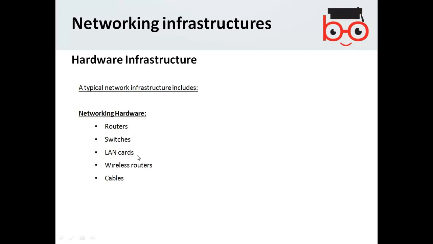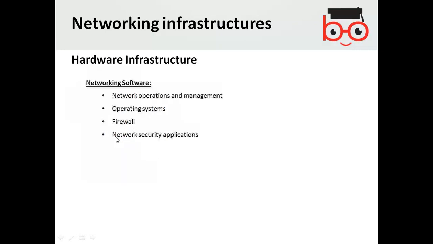LAN cards are the circuits or devices installed in your computers to connect with a LAN or WAN. Wireless routers are also called wireless local area network cards. The cables connect your computer to devices like switches and routers.